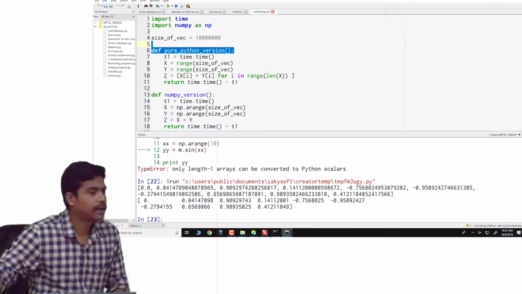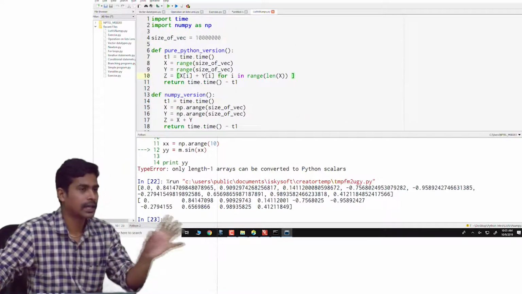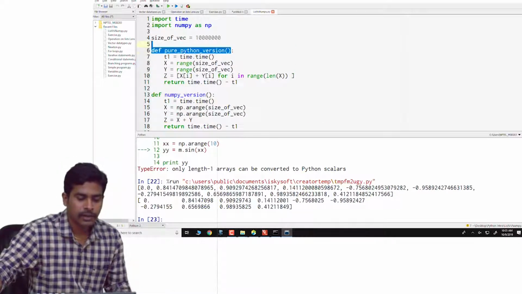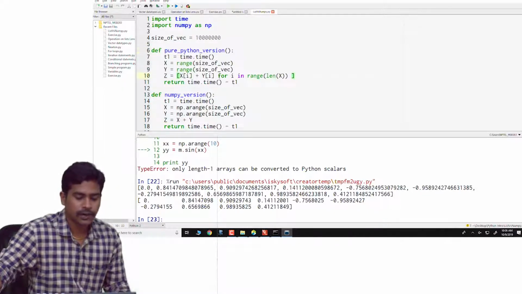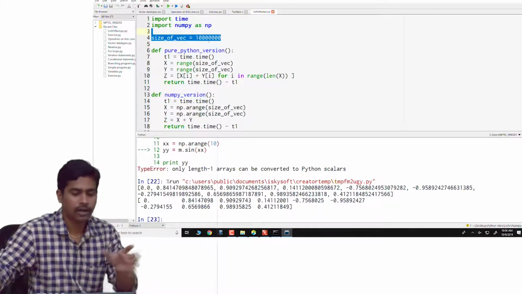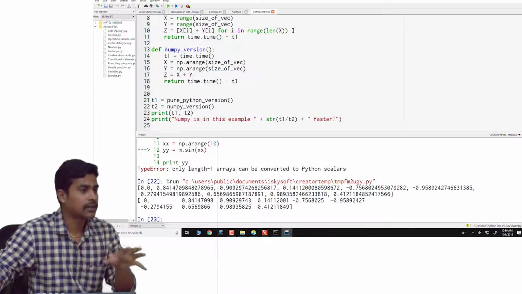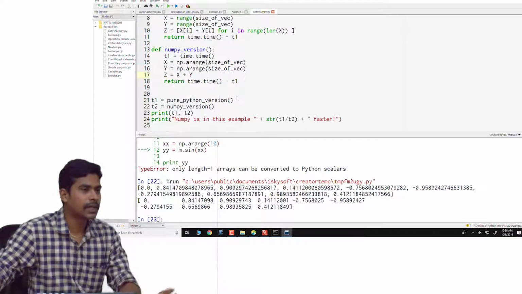I have not explained what functions are in Python, but for now just imagine it's like a function in any other programming language. So I am defining two functions. In the first I am just using the for loop to perform some operation on such a big array, and in the second I am doing the same operation using a numpy array.